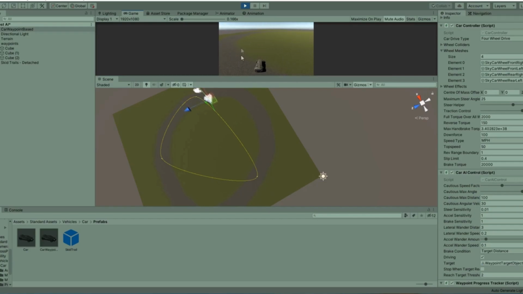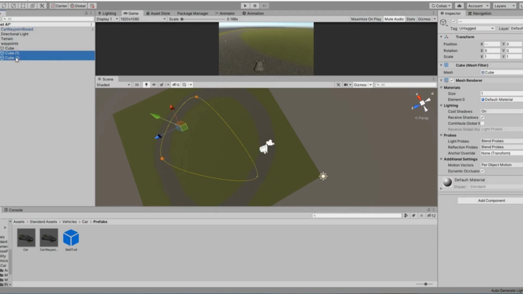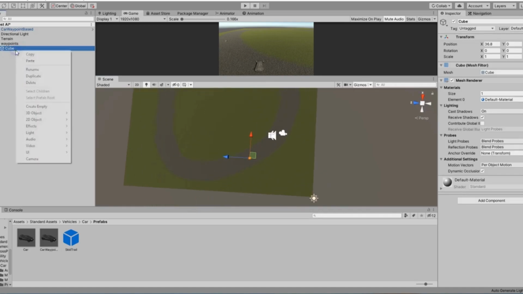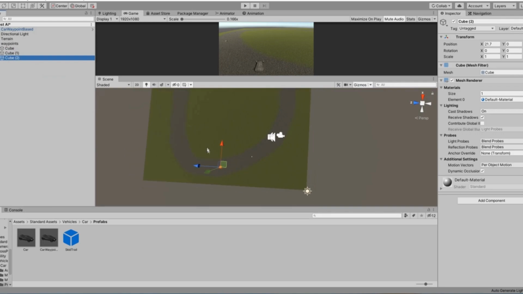Now to make the perfect circuit, we need more cubes. Only 3 cubes are not enough. So I will delete these cubes, and this is our first waypoint, and I will add more cubes to make the perfect circuit.